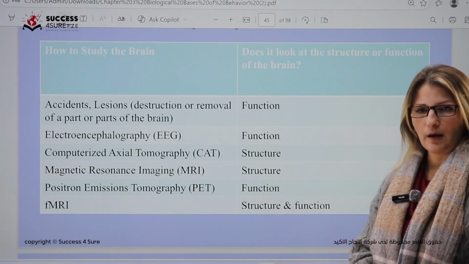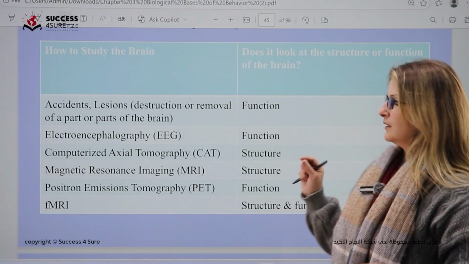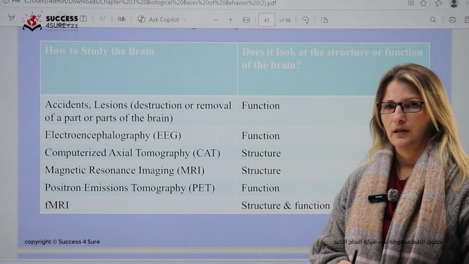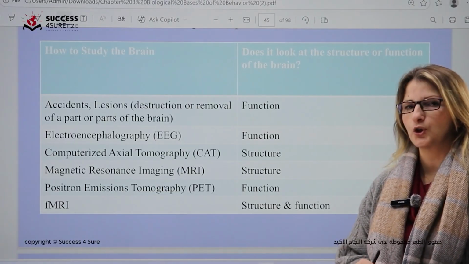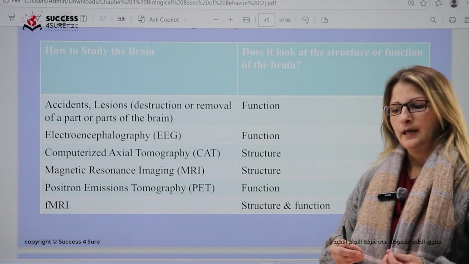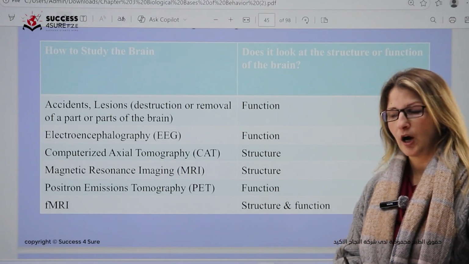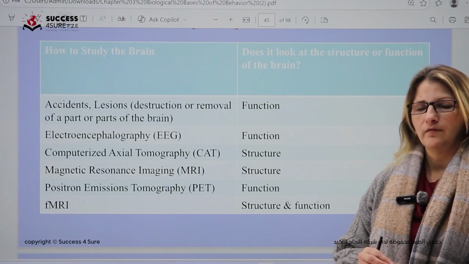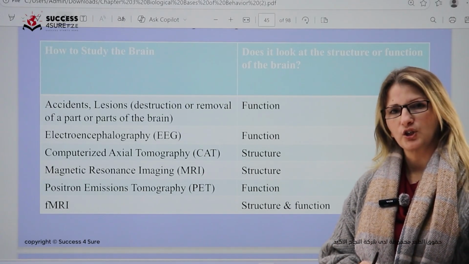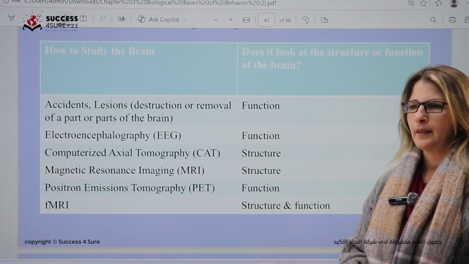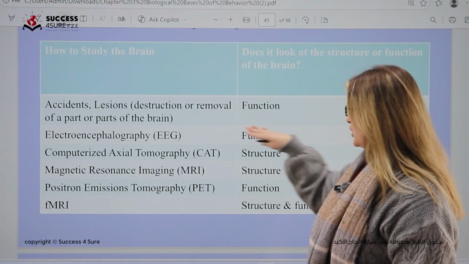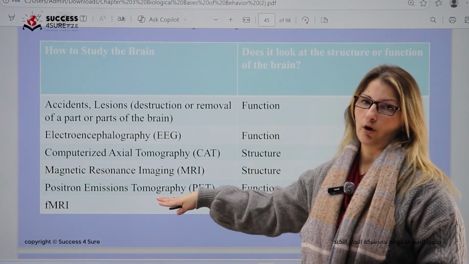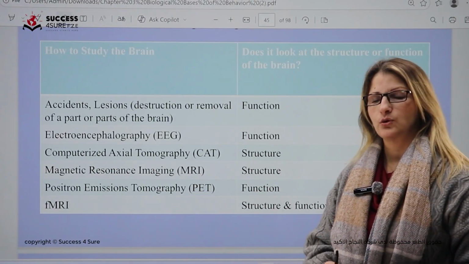So in a synopsis, or in a nutshell, the method of investigation that we have to use in order to study the brain is governed by the purpose. This means if I want to investigate or examine the functionality of the brain, the function of the brain, I should look for the EEG and the PET, and at the same time the fMRI. If I want to look for